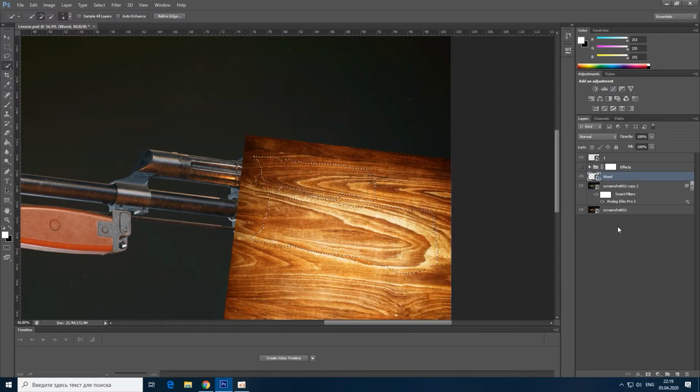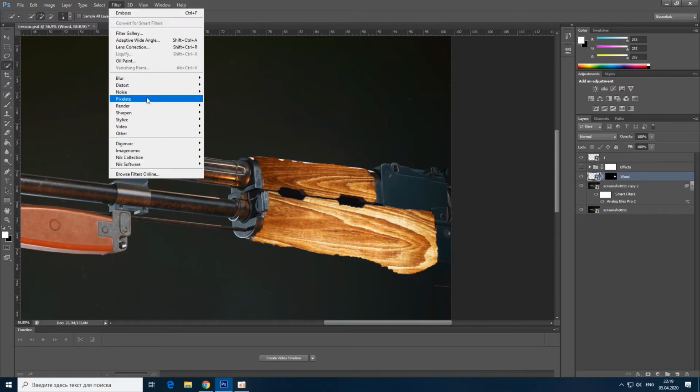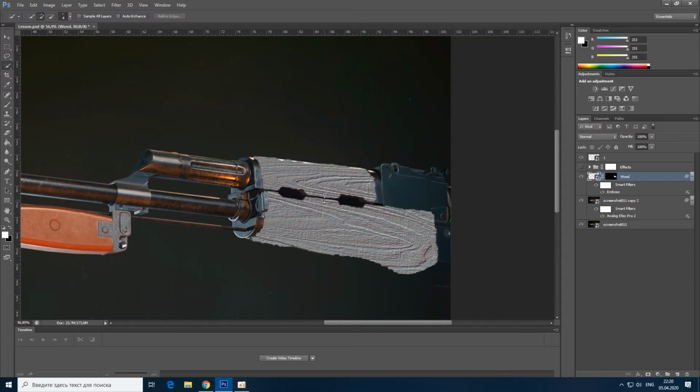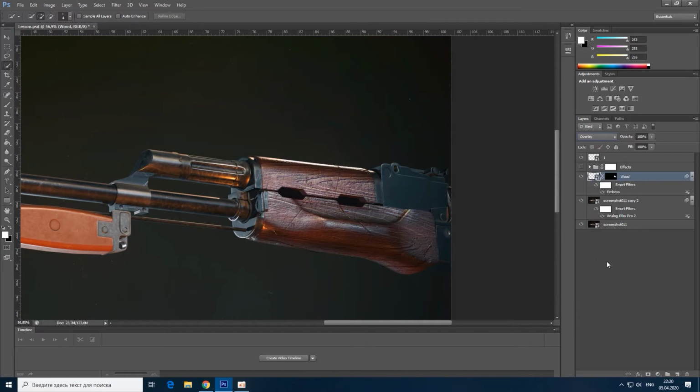No. And again, mask, choose this, filter, stylize, emboss, yeah, and something like this. Okay, and let's change our layer from normal to overlay. It looks quite hard. Let's change our opacity, maybe something